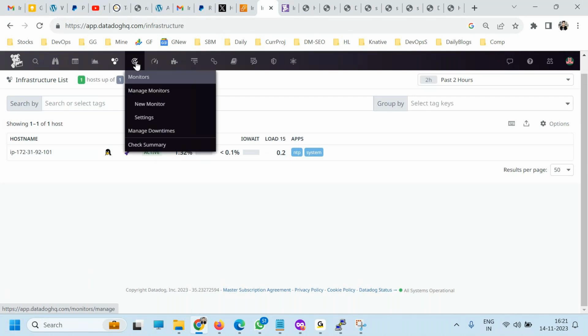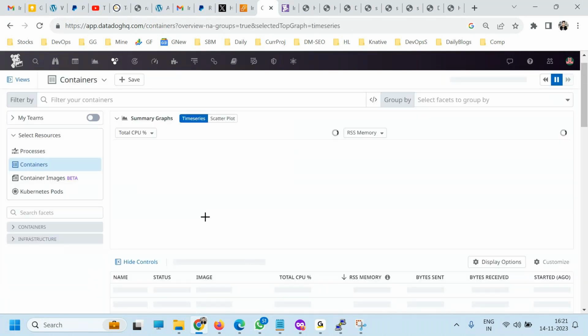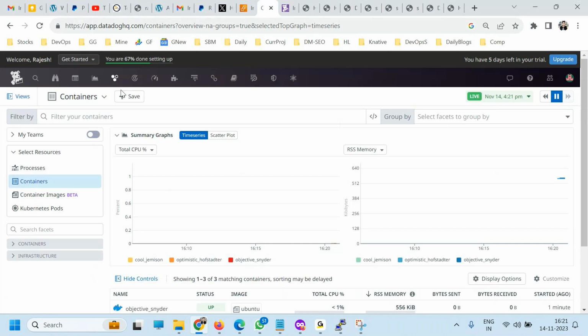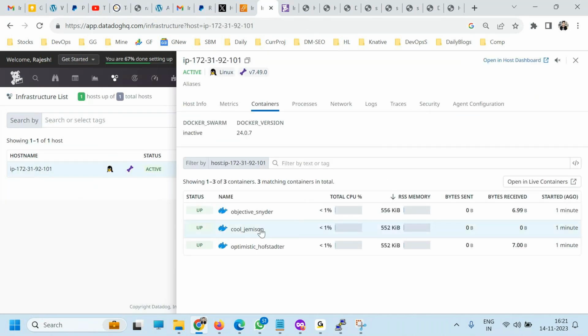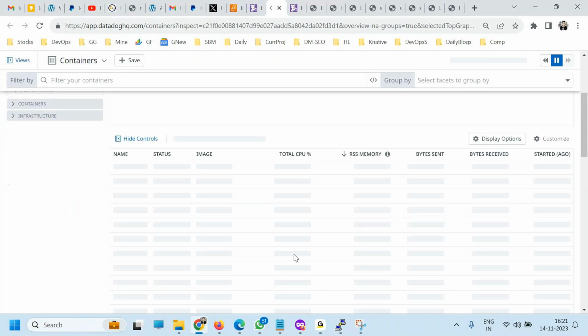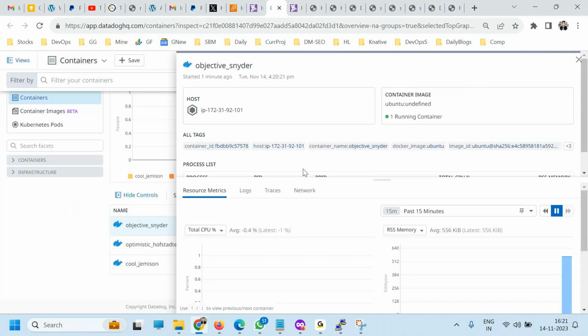You can also check under containers here. See, now three containers have come. Each container you can check for complete details of CPU, RAM utilization, network input, output, and all.